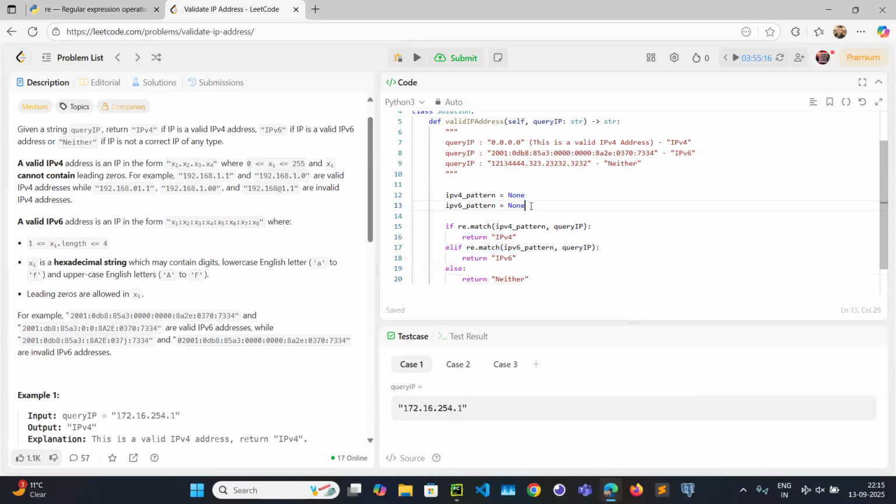Okay, so this is done. Now the only part left is you need to create a regular expression. If you closely noticed, they have mentioned x1, x2, x3, x4. Whatever the regular expression of x1, that should be the regular expression for x2, x3, and x4. Which means if you just create a regular expression for x1, then we are just going to concatenate it four times. As an example, if I am able to create an IPv4 octet,